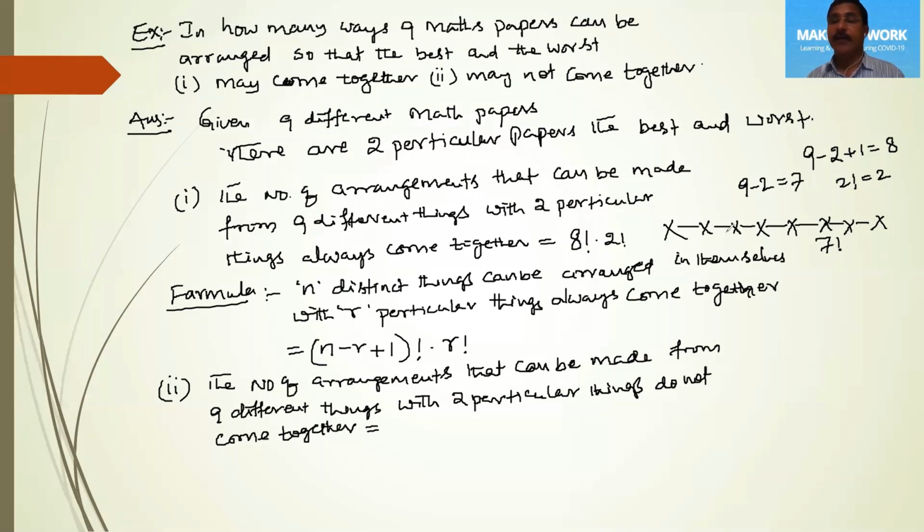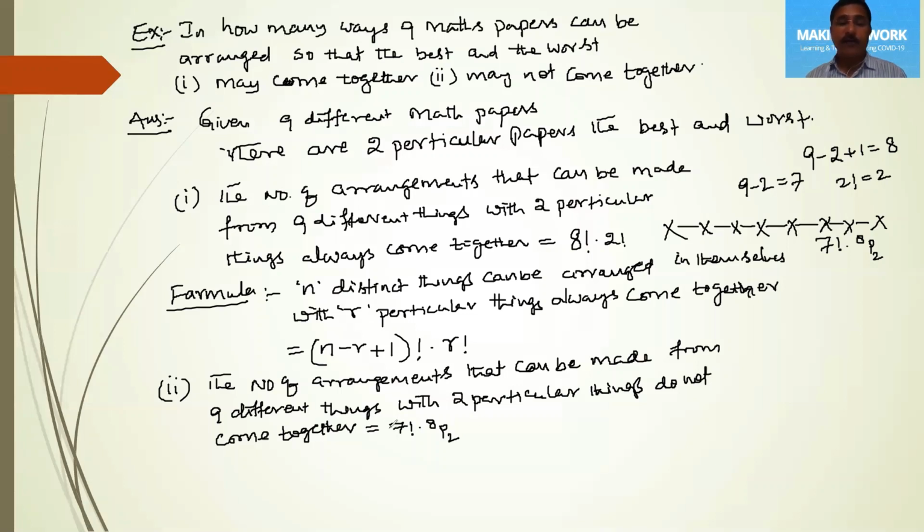Now here 7 elements are arranged first. After removing the 2 particular elements from the given 9 elements, the 7 elements are arranged in 7 factorial ways, and in between them and at either of the ends we will have 8 blanks. Now in these 8 blanks, the 2 particular elements will be arranged in 8p2 ways. So arranging 2 elements in 8 different blanks or 8 different elements arranging in 2 blanks, both are same. Now that is equal to 8p2. So now this can be done by using the fundamental principle in 7 factorial into 8p2, right?